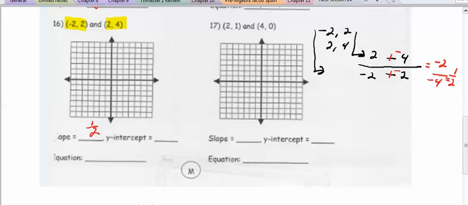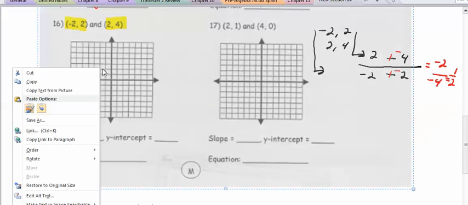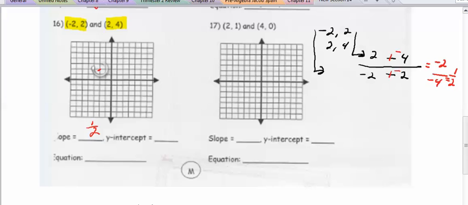I need to find out my y-intercept. Where does it cross? So I'm going to go ahead and graph my 2 points. So it's negative 2, positive 2. And I go positive 2, positive 4. 1, 2, 3,